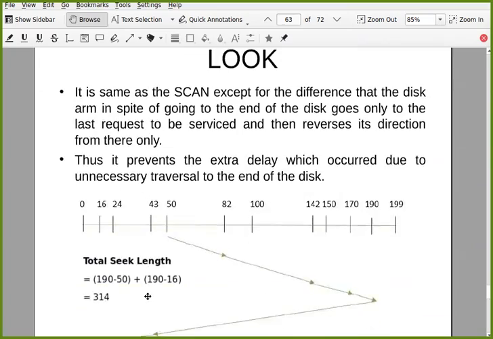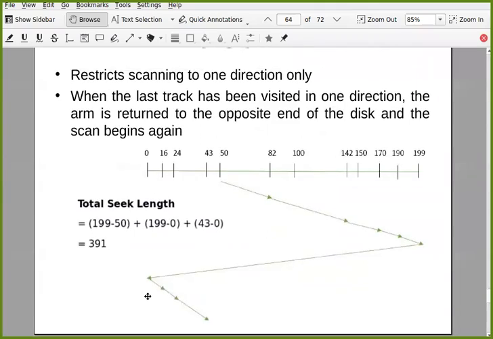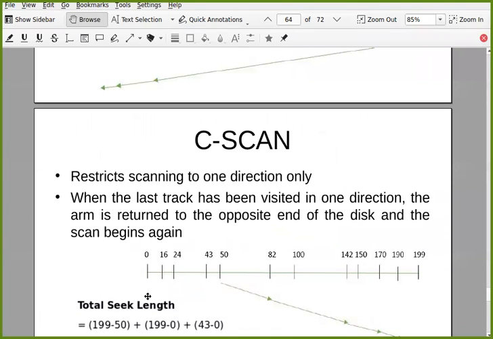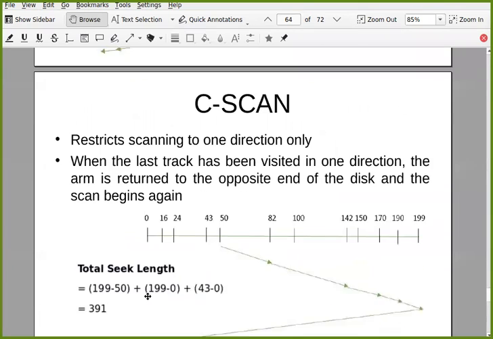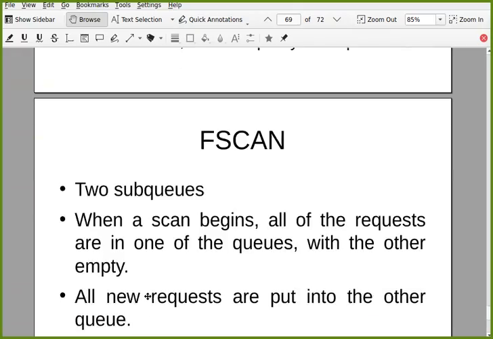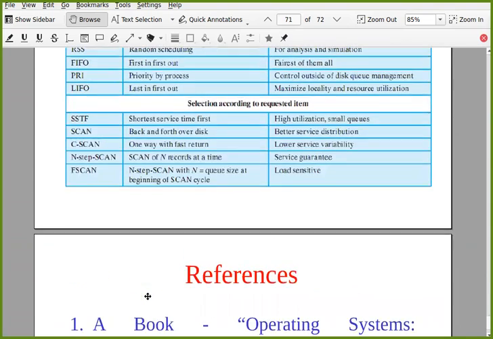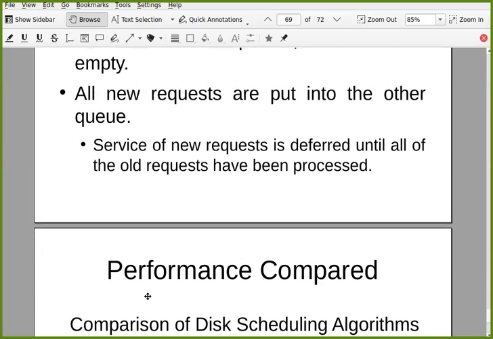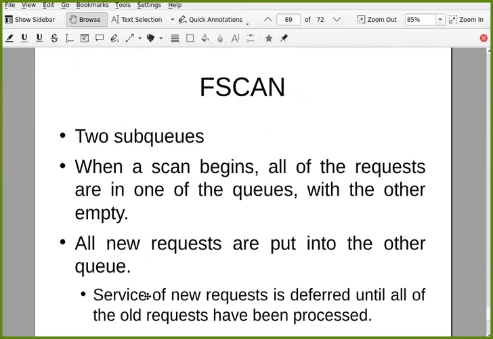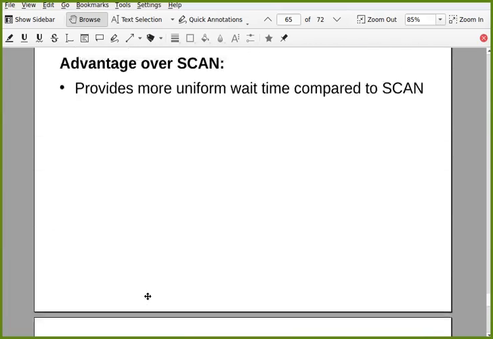Then there is C-SCAN and further C-LOOK, which we will discuss in the next lecture. So what is left in this I/O part now? C-SCAN and C-LOOK, and then there are N-step SCAN and F-SCAN. Four policies are left in this particular topic. And after this we will start file system or maybe RAID. I'll check. Okay, so that we will discuss in the next lecture, and I'll try to complete this chapter in the next lecture.